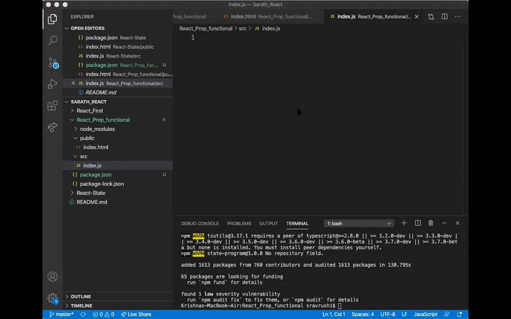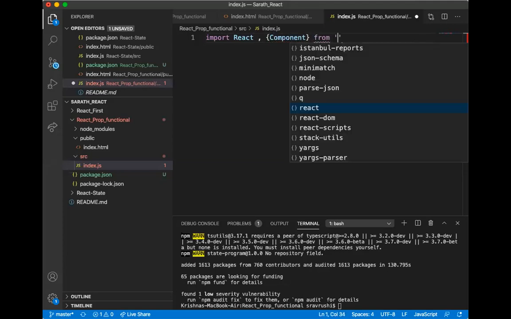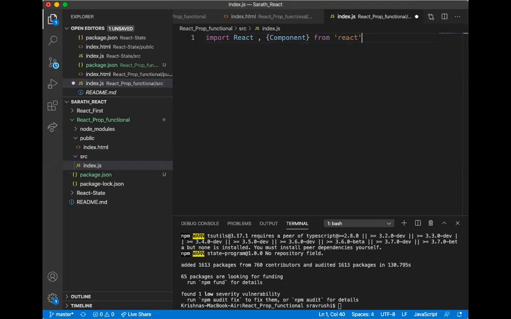First, what are the important parameters we have to take? We have to take React and Component, which we are going to get from React. The other one is render, which I am going to get from React DOM.